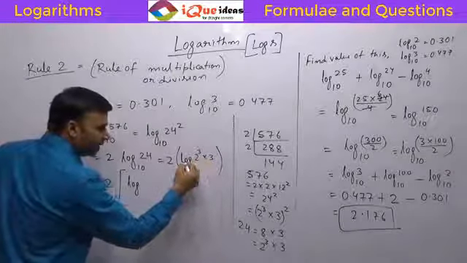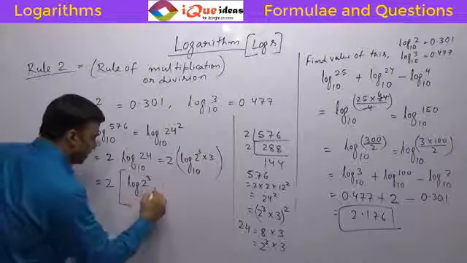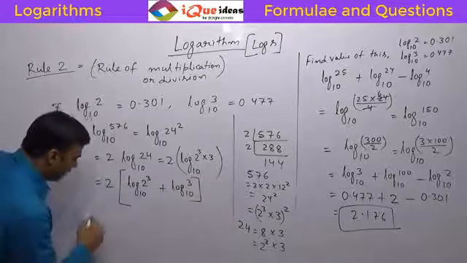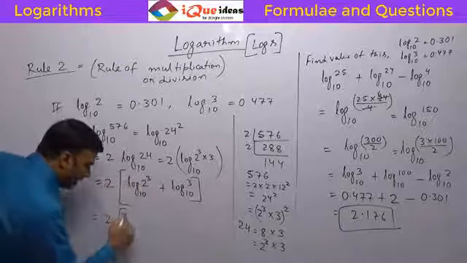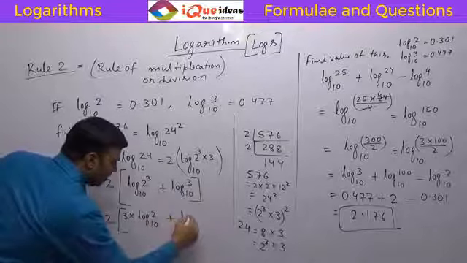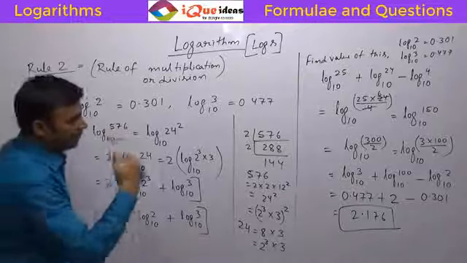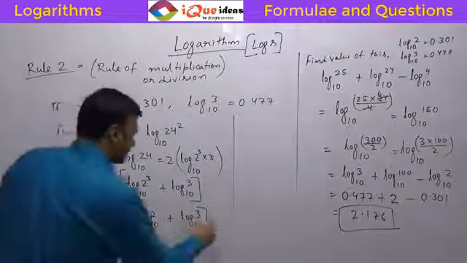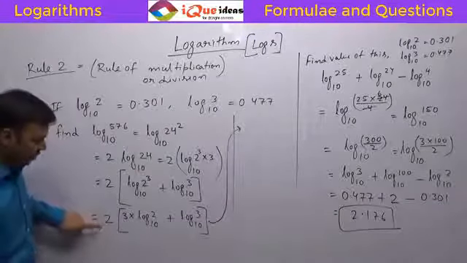Whenever there is a multiplication, logs can be separated with a plus sign. So log 2 cube to the base 10 plus log 3 to the base 10. Alright. So we have 2 into, now from here, only the 3 comes outside. So it is 3 into log 2 to the base 10 plus log 3 to the base 10. So now whatever values are given, you can use them here. So this expression comes here, and this 2 is completely outside, as you can see. So it is 2